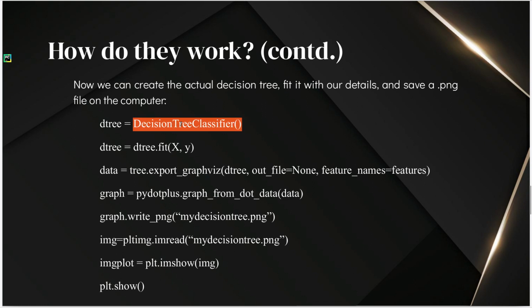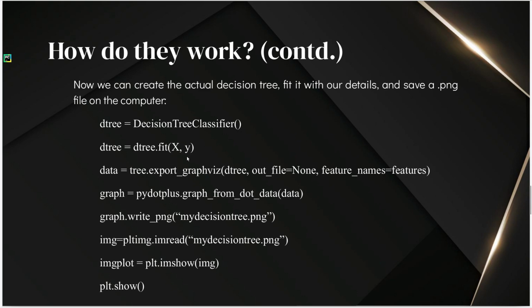Okay, so dtree equal to DecisionTreeClassifier open close parenthesis. This creates a decision tree object called dtree. Then dtree.fit, each classifier has a fit method associated, and we pass the feature vector and the response vector as parameters.